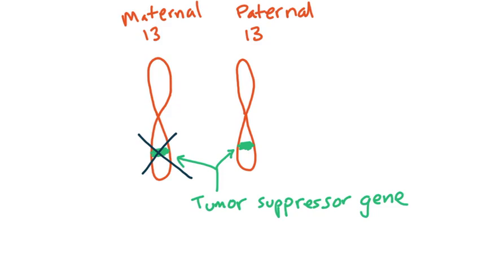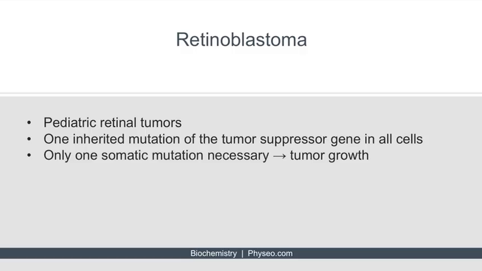However, if a mutation also occurs in the other tumor suppressor gene, then both genes are disrupted and tumor growth is no longer suppressed. So, retinoblastoma is a genetic disorder that results in pediatric retinal tumors. Patients with retinoblastoma are born with one inherited mutation of the tumor suppressor gene in all of their cells. It's normally very unlikely for one cell to have 2 somatic mutations in both tumor suppressor genes. However, in these patients, only one somatic mutation is necessary for tumor growth to occur because they inherited a defective